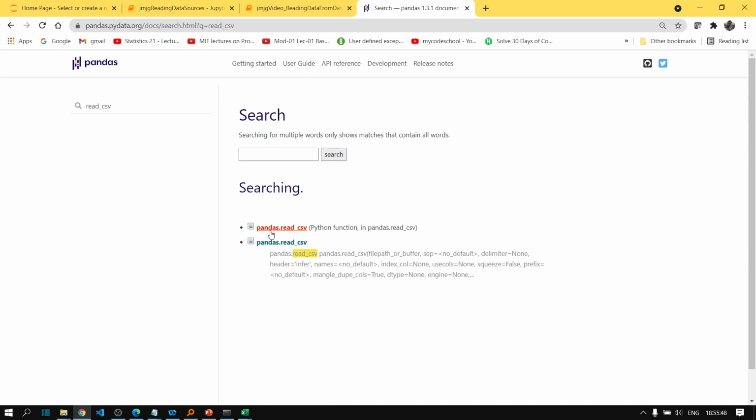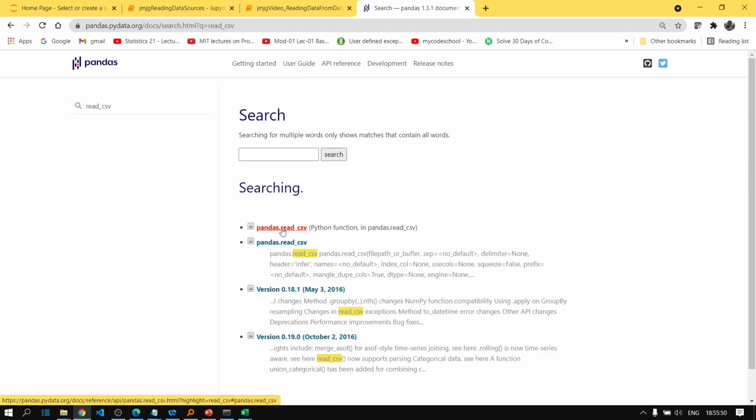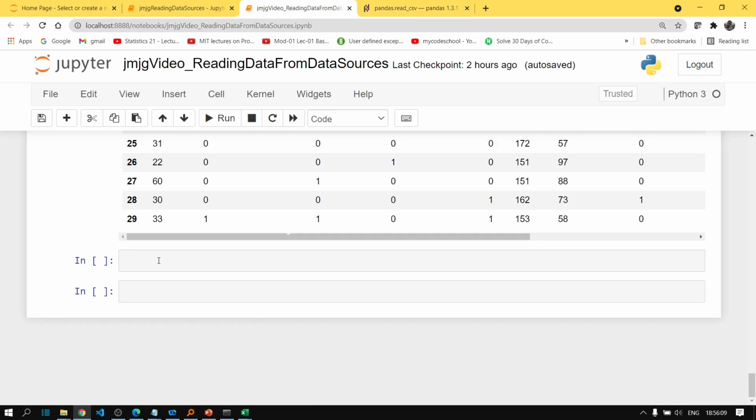You can see the read CSV function has been given, and from here you can check the entire documentation of the function. Fine. Before concluding my video, I will show you another function with which you can read the data from a JSON as well. So again, the name is very similar, pd for pandas and pandas.read_json, right?